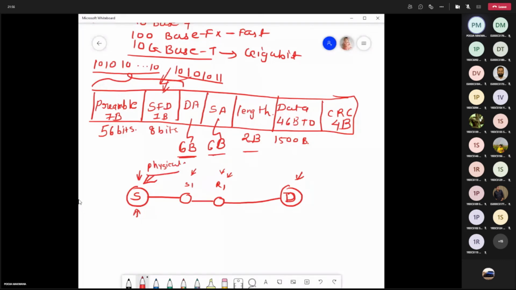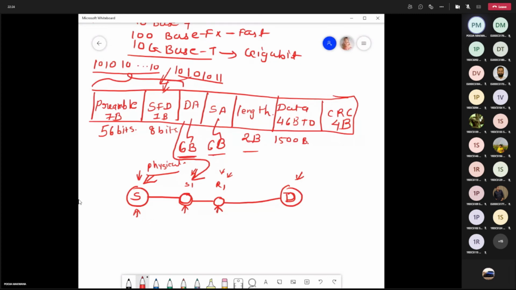And in the destination address, the destination of this switch will be there, right? Because at this time, the destination for the data link layer is this switch, right? So whenever the data has arrived at this switch, the source address will be the physical address of this switch, and the destination address will be the address of this router, right?